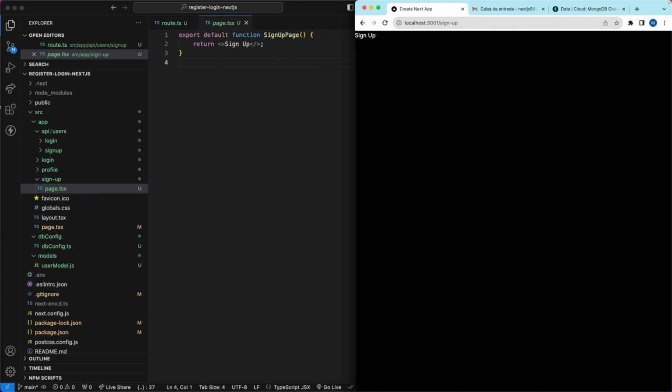Okay, so I need two more inputs. I think I'm gonna be lazy and just copy paste the next one and change what I need. User mail, set user, okay, email. I think I'm not forgetting anything. And the last input is going to be our password, right? So the ID starts as password,